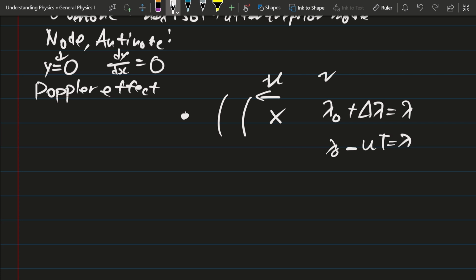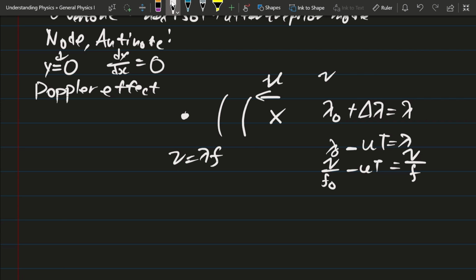So if you actually try to figure out what the frequency is, the frequency is 1 over the lambda, right? No, sorry. Velocity is lambda times frequency. So therefore, if you do this, v over f will equal v over f0 minus ut, where f0 is the initial frequency. So if you try to solve for the frequency,